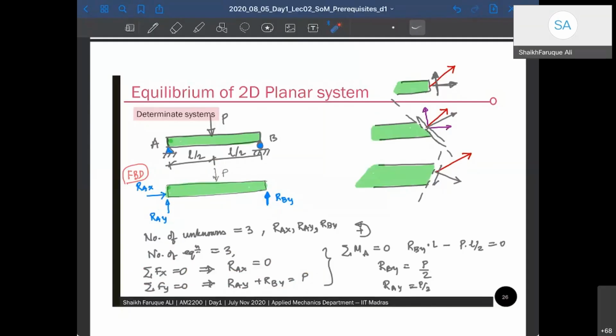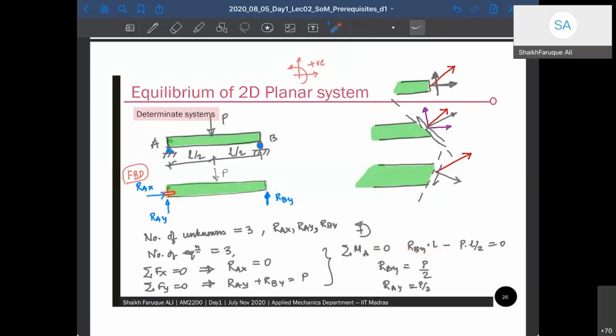Now let us take moment. So we can take moment about this point because that can nullify two forces. If you take moment about this, it will also nullify two forces because RAX will go through that point. So anyway, let us take about A. We will get RBY, and you see this is my clockwise direction. So if I consider anti-clockwise as positive, then from here, RBY into length L, the moment arm, RBY into L,